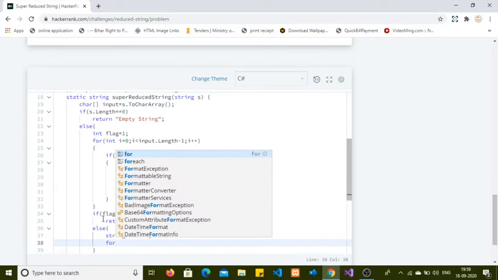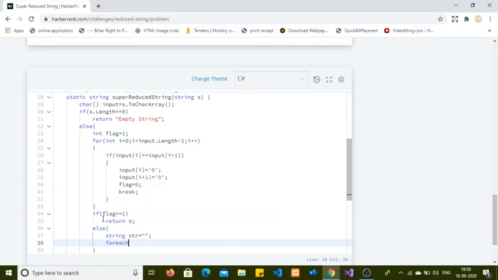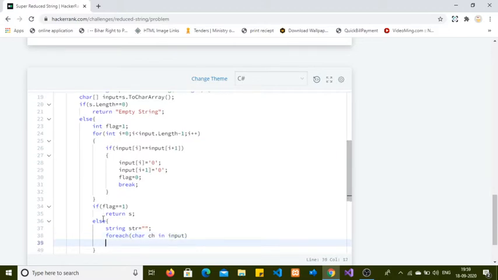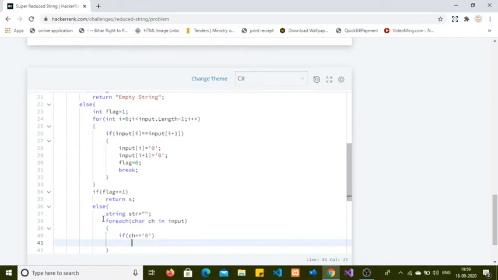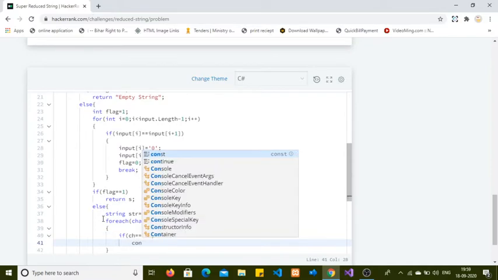and for each character ch in input, if ch is equal to 0, then no need to add it into the new string, because we marked it as removed, so no need to add it into the new string.